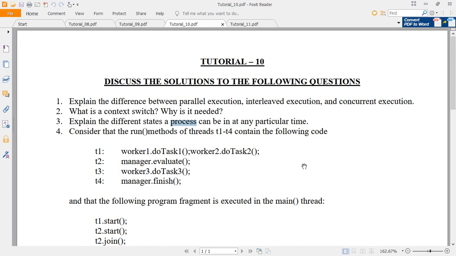Monitor states are not available for high-end things like processes, but these 5 states most commonly exist for processes. In case of multithreading, the threads, along with these 5 states, may also be in monitor states, where we use wait, notify, and notify all.